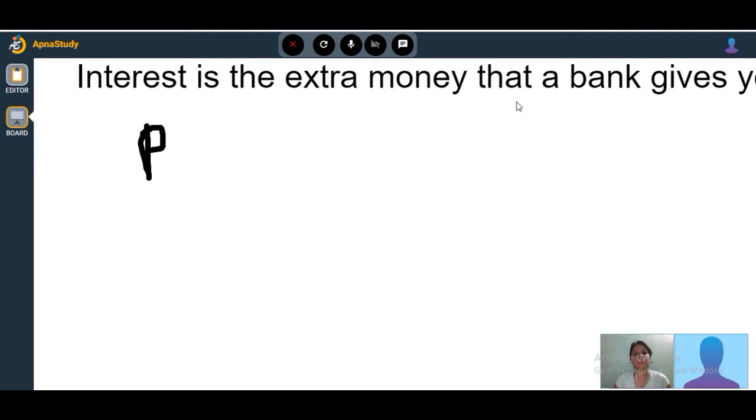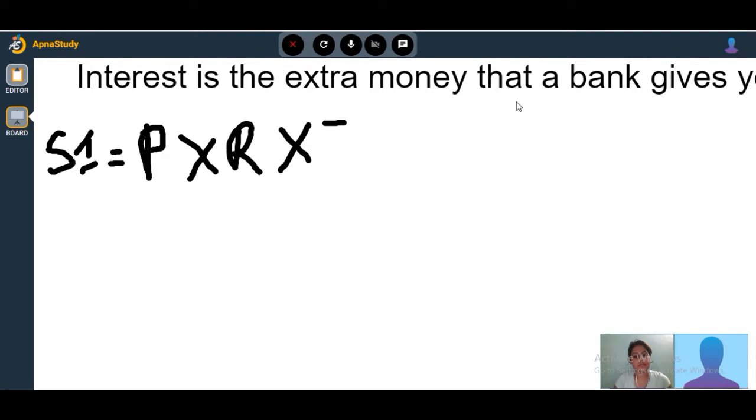Let me be more specific about it. We know that simple interest is equal to principal into rate into time by 100,